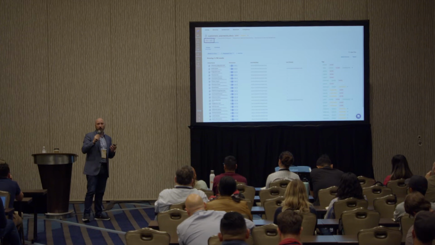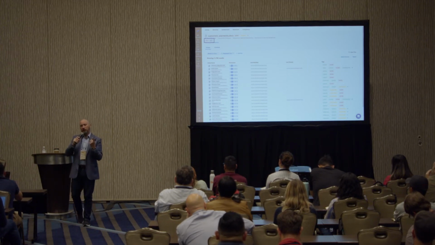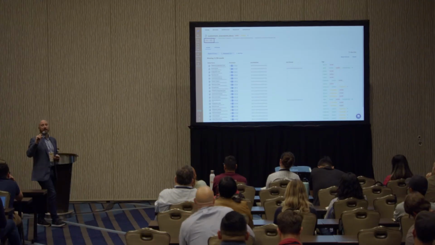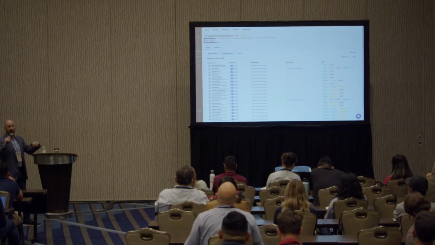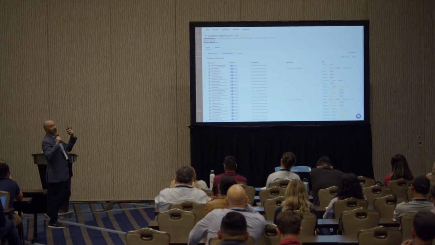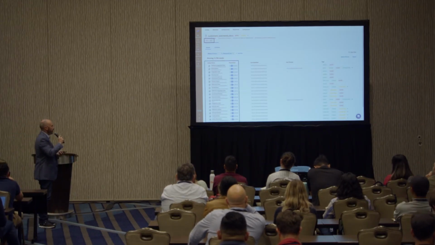In this case, I know exactly where this file is, I know exactly who has access to it, and I know exactly what kinds of sensitive data are in it, because I have gathered all of the entitlements, the configurations, the permissions, and the sensitivity of all of our data in our Salesforce environment.